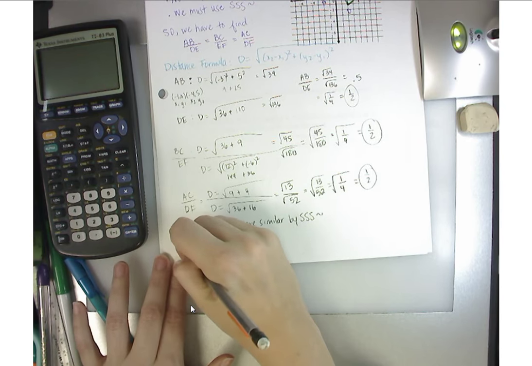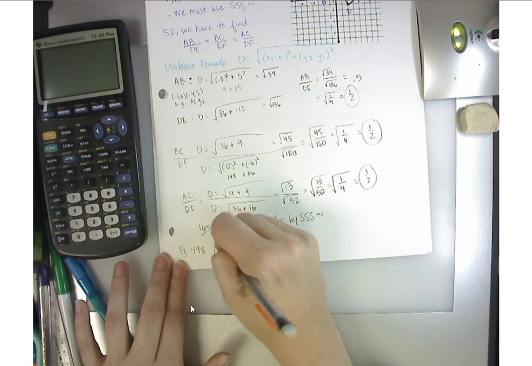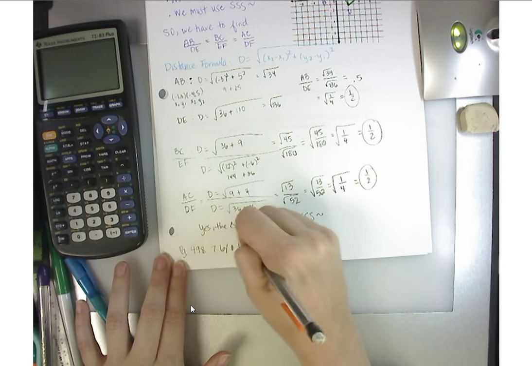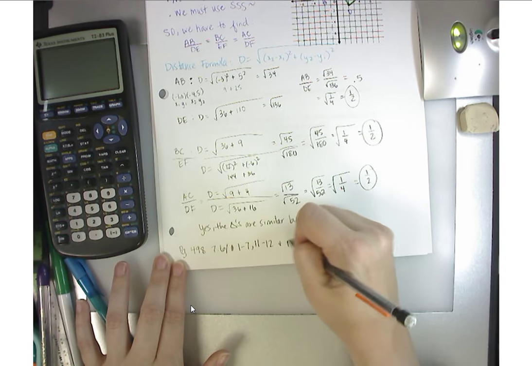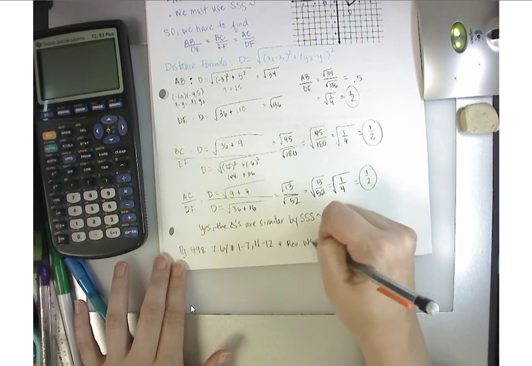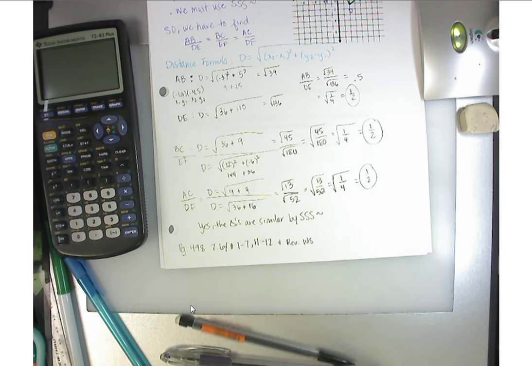Your homework from 7-6 is page 498. Okay, so this one is short, and then you're also going to have a review worksheet that we're going to look at tomorrow before your quiz. So I will hand that